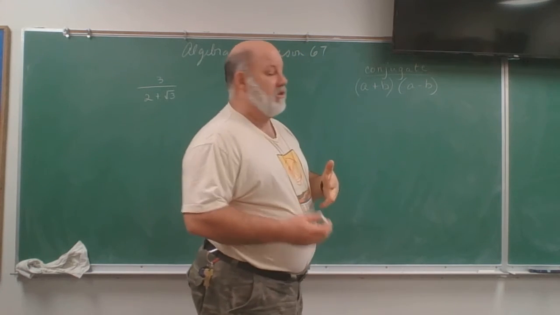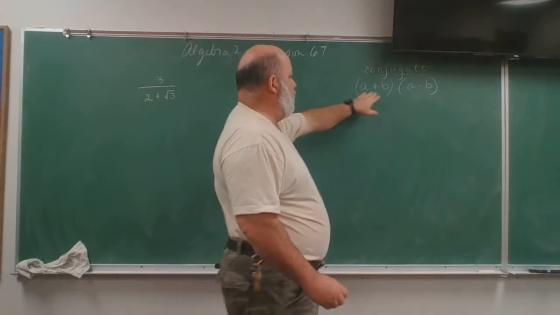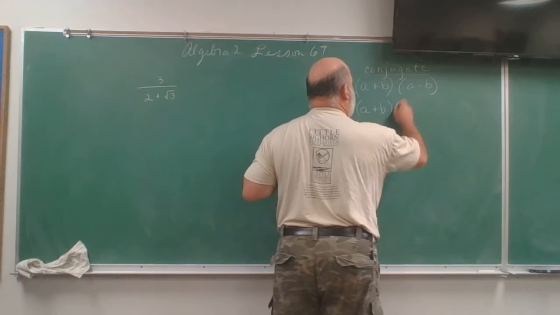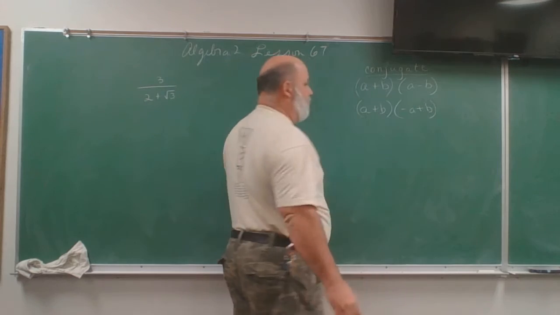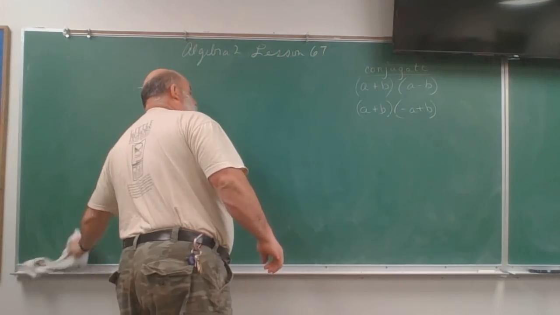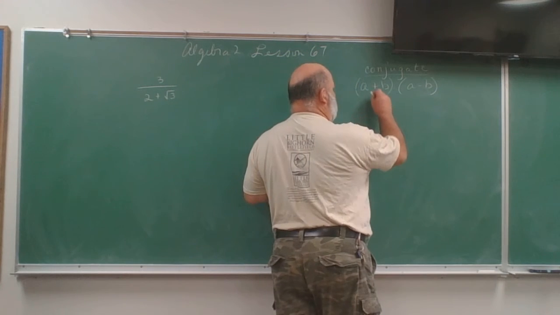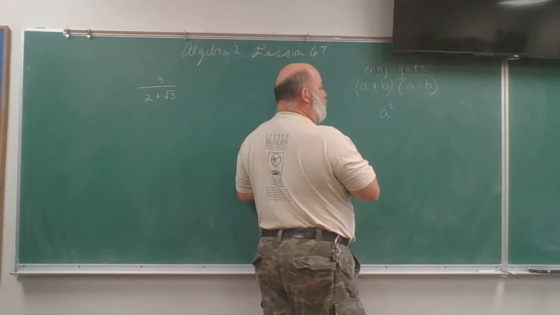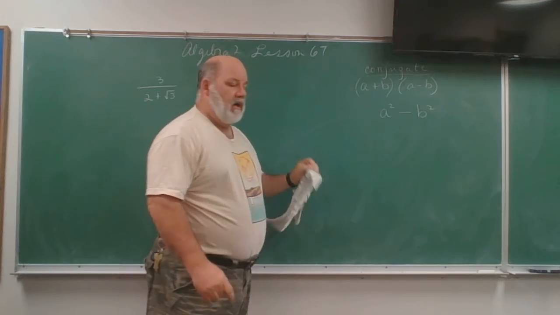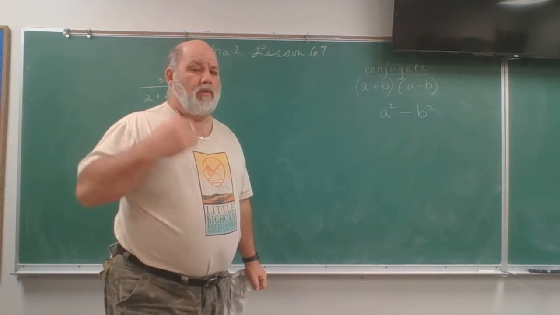I could technically change it to negative a plus b. You change one of them. I changed this b from a positive to a negative, or I could have changed the a from a positive to a negative. This second one we typically don't do. We can if we need to. And anytime we multiply a number by its conjugate, we always get the first term squared minus the second term squared. And this is handy for doing problems like we have in lesson 67, where we have a radical,